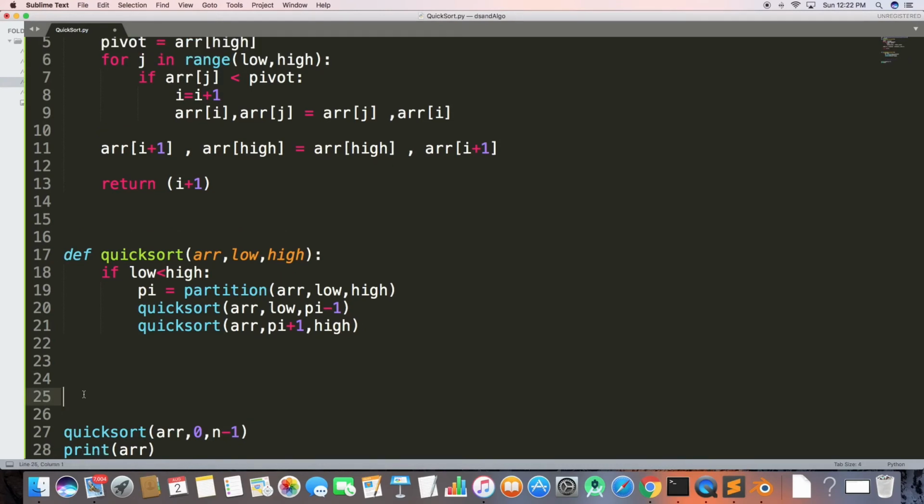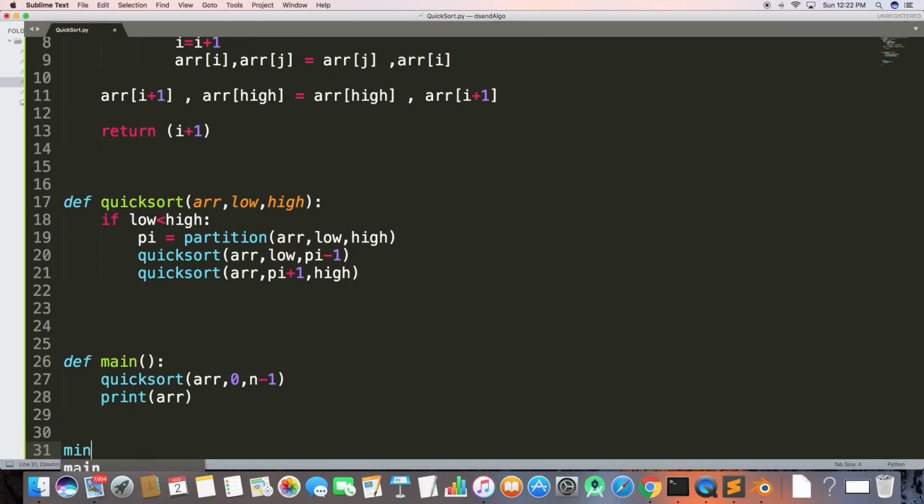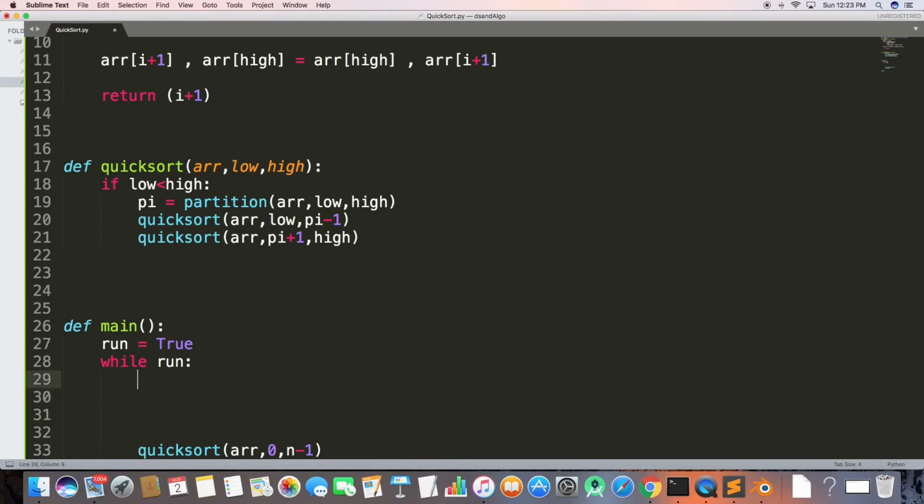So let's copy it, and I'm gonna create a function called main function. As you know, I usually do this, and then call main function from the driver's code. And here I'm gonna create a run which is gonna be true, because we cannot run our window unless we have a true while loop. Yeah, we have to create that cross button. So for starters,